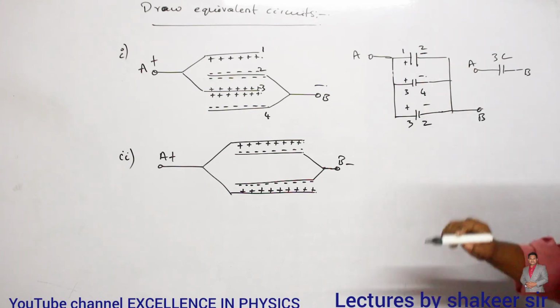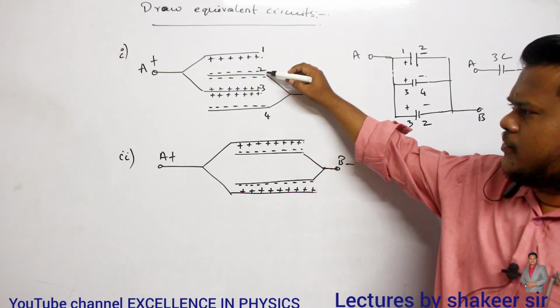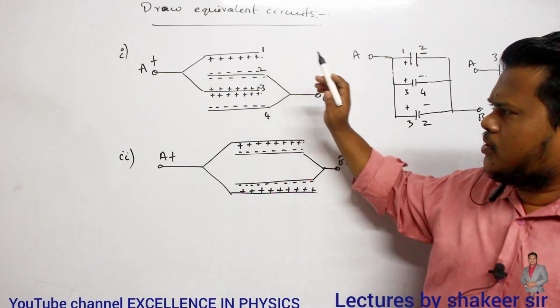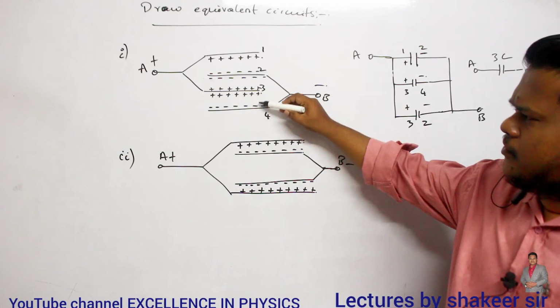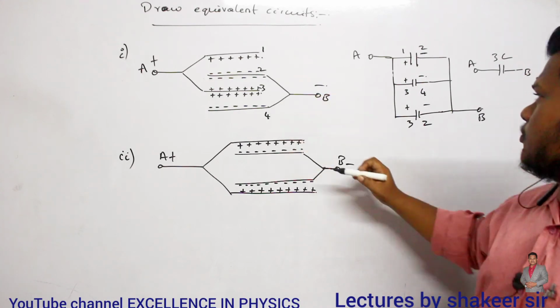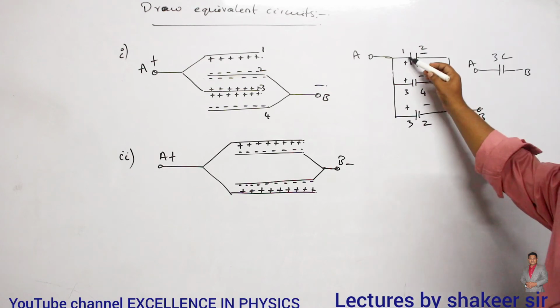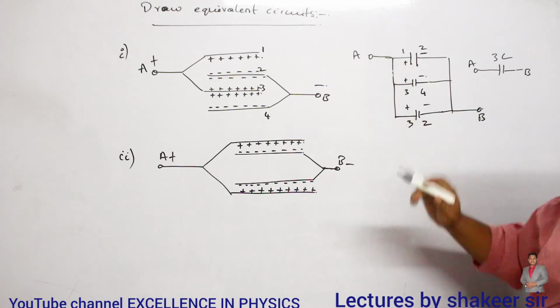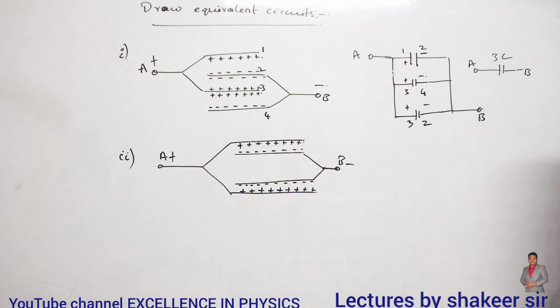So this is the given arrangement. Have you understood, all of you? So 1 and 2, they will form one capacitor. Next 3 and 2 also, they will form one capacitor. Next 3 and 4 also, they will form one capacitor. Okay. And it is given that 2 and 4, they are connected at same potential, and 1 and 3 are present at another potential. Clear? So this is the equivalent circuit.